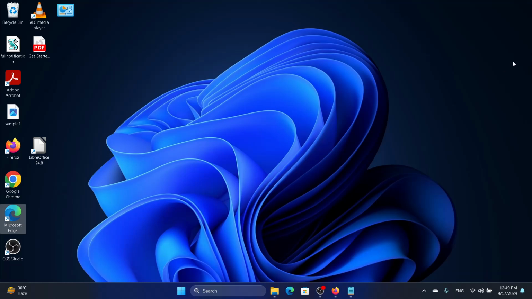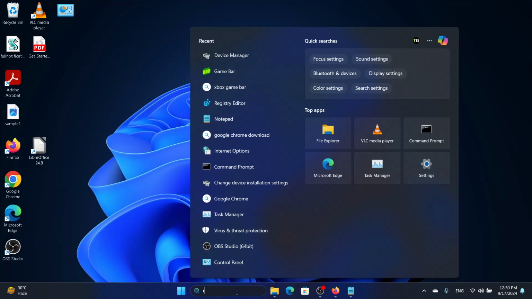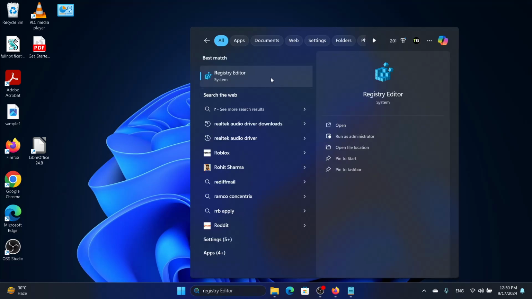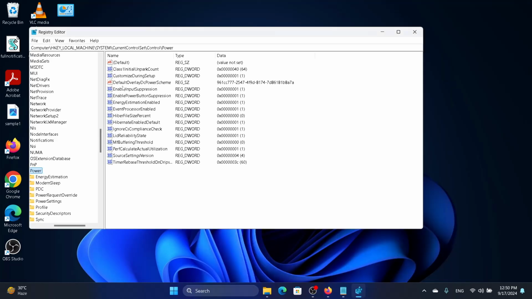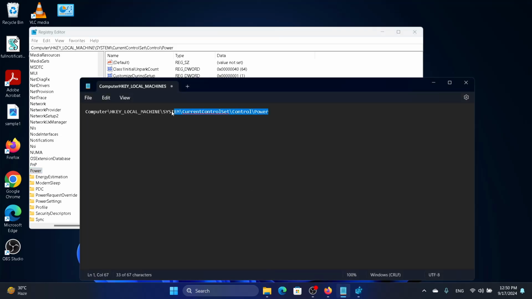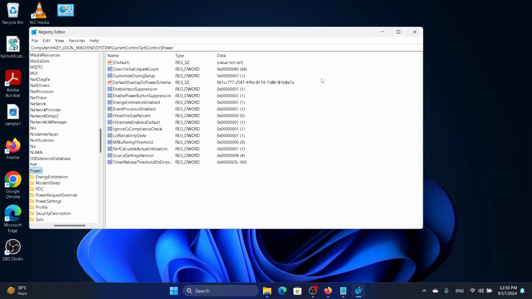Now if this doesn't do it, then the next fix which will work for sure is to disable the hibernate mode, and for that we need to go to the Registry Editor, and in Registry Editor we will look for this path. So copy this path, you'll find this path in the description of the video, and in this you'll just copy this path here